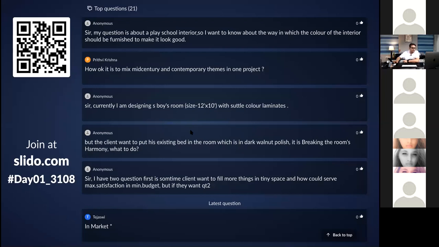Omen says, I'm planning a fall ceiling with gypsum in my residence. How much time will it sustain? If you don't deliberately break it, or if there is no earthquake, if the building is not vibrating, nothing happens to a fall ceiling. You can just paint it again and again. The maximum I have seen is a project we did in 2005 that got renovated in 2015. So nothing happens to the gypsum.